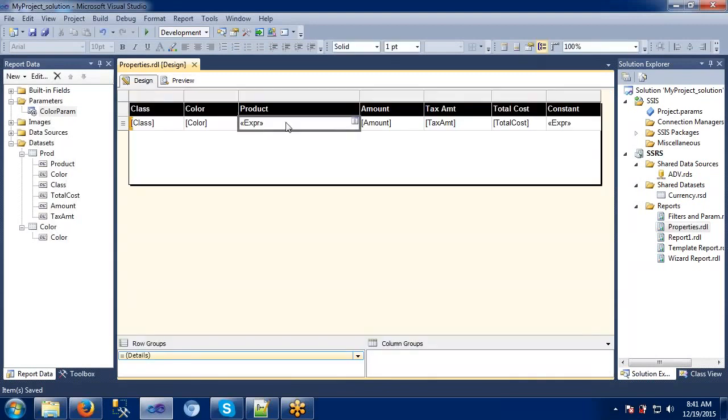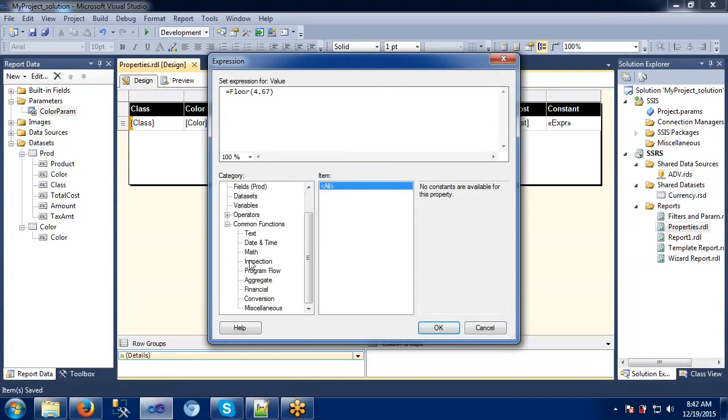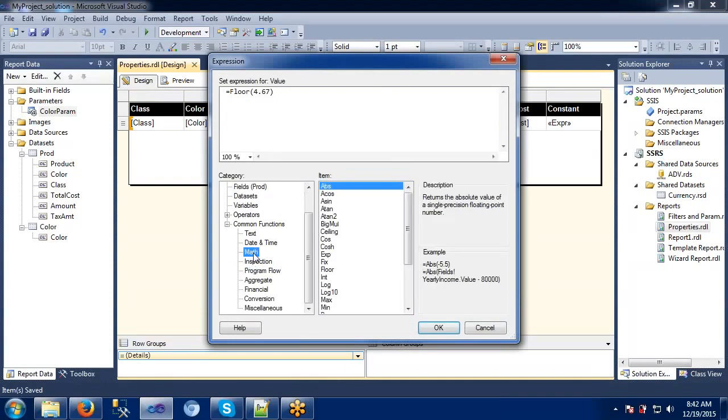If you want to try, you can try this floor, ceiling, all this stuff we have mathematical, right? So floor we have seen, we can cover the ceiling. It means it will try to round off to the nearest value. Returns the smallest integer greater than or equal to the specified double precision floating point number. Okay, so it's giving the complete detail with some examples. We can use this one wherever we need it here.